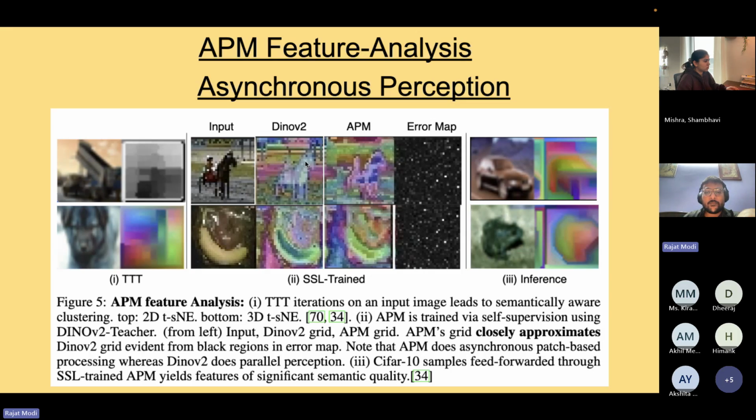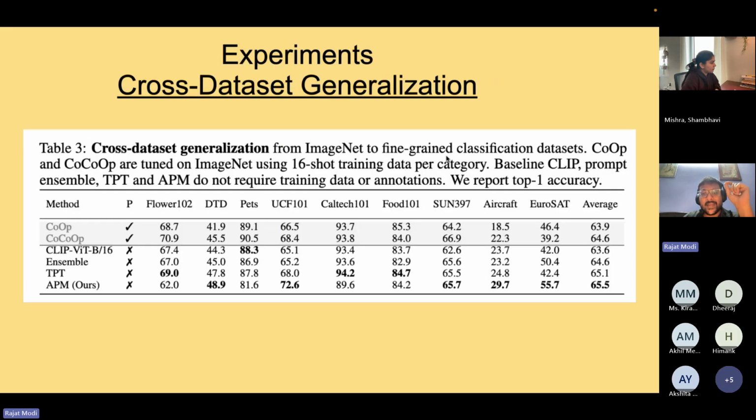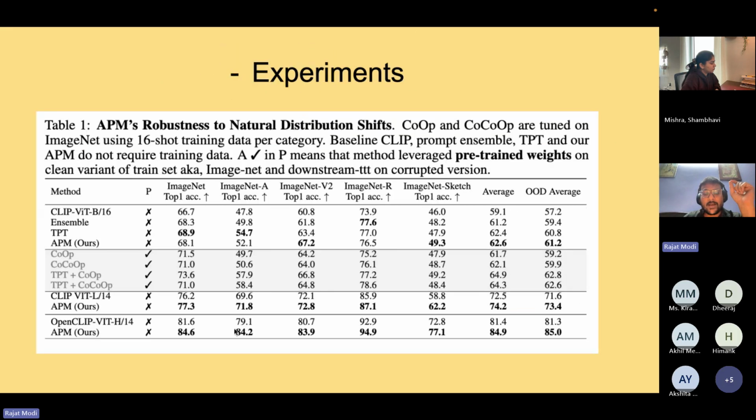This is the feature grid of DINOv2, and this is the feature grid which APM can give you when you are using an MLP. Normally MLPs can't predict feature grids like this. Now if you calculate an error map between this grid, you get some error, but there is not a lot of error. Most of it is black, which means that you are approximately able to approximate the features of DINOv2. But in fact, your features are better than DINO, and that is why you were able to surpass the performance of the teacher by 3%.